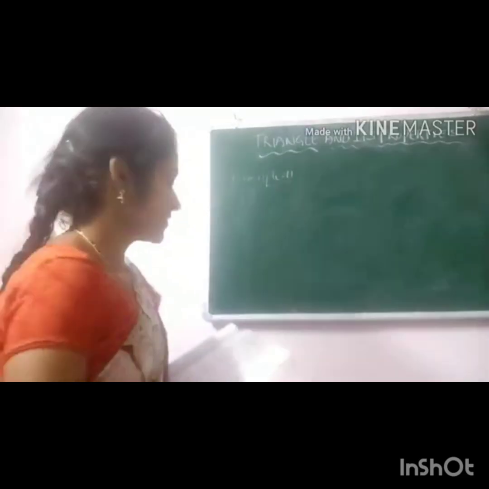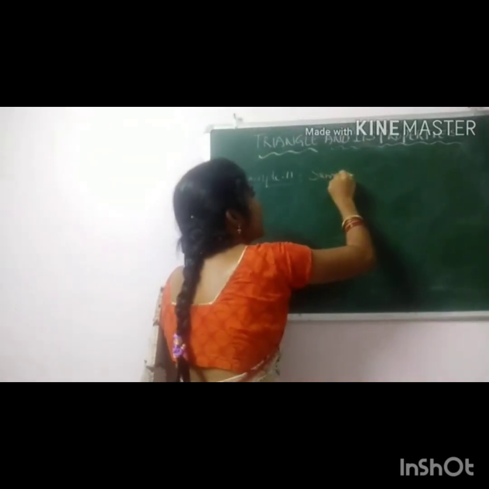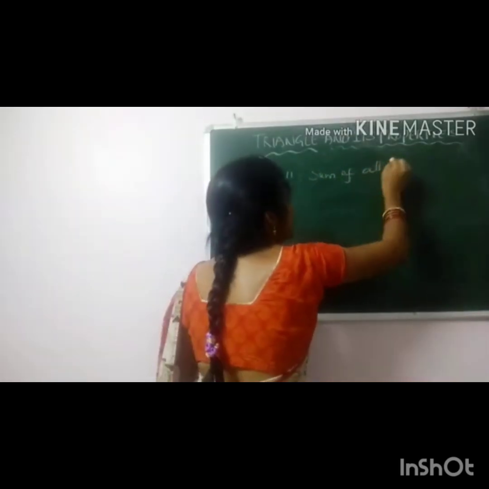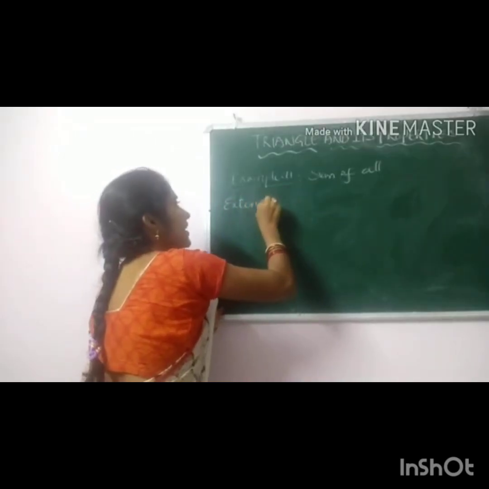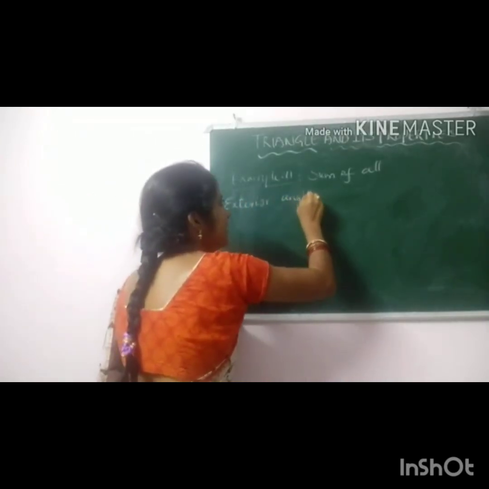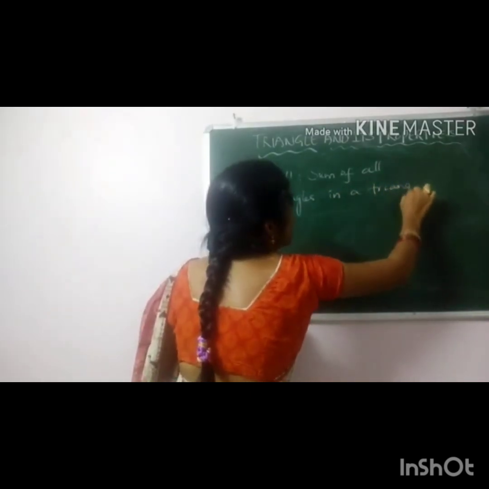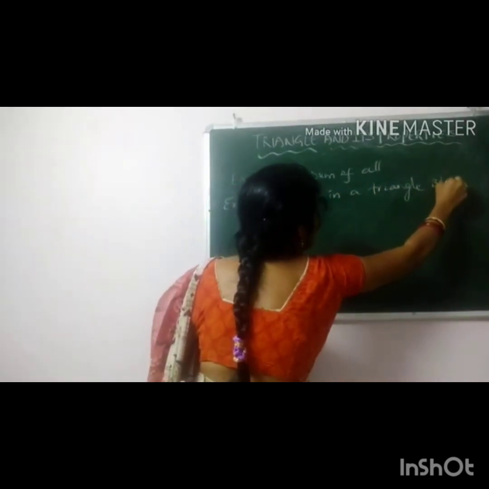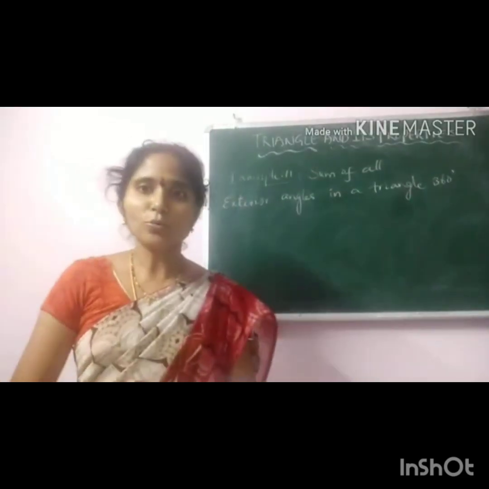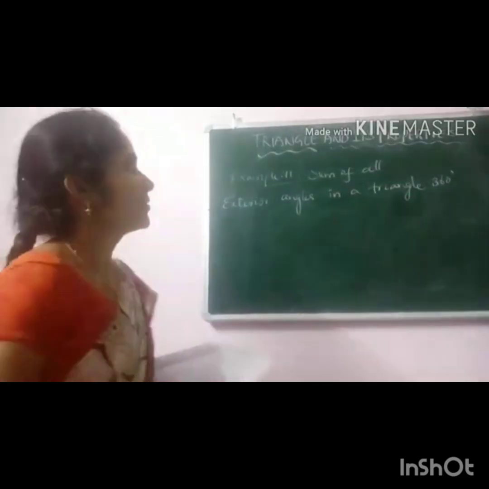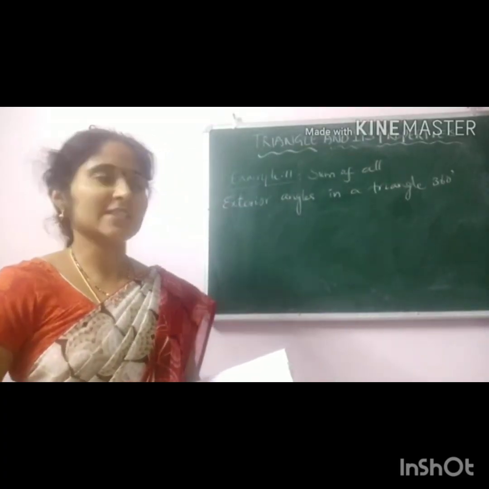What is this? Show that sum of all exterior angles in a triangle is 360 degrees. How to prove this? To prove that the sum of all exterior angles in a triangle is 360 degrees,